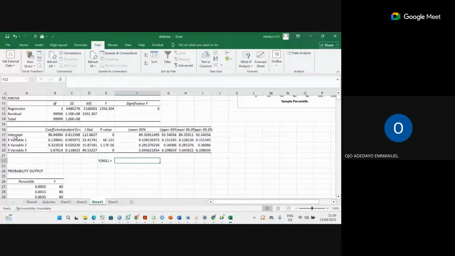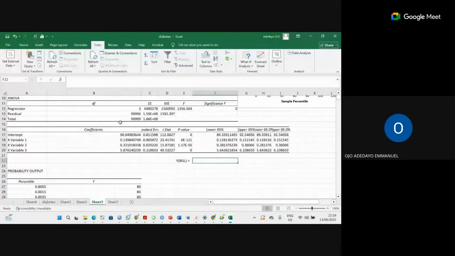We have the intercept. Remember, I showed yesterday too. Our intercept here, look at the coefficient. Let me expand this. Under the coefficient, you will see some values. For coefficient, we have intercept. The intercept here is